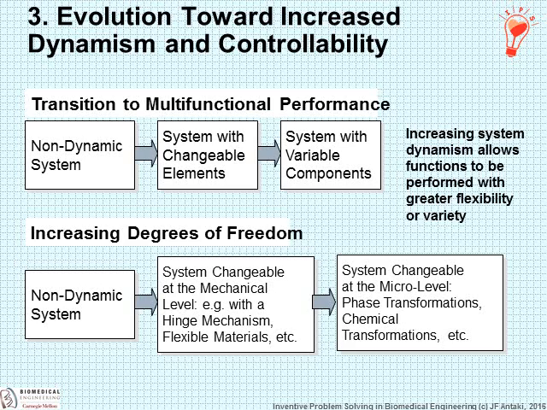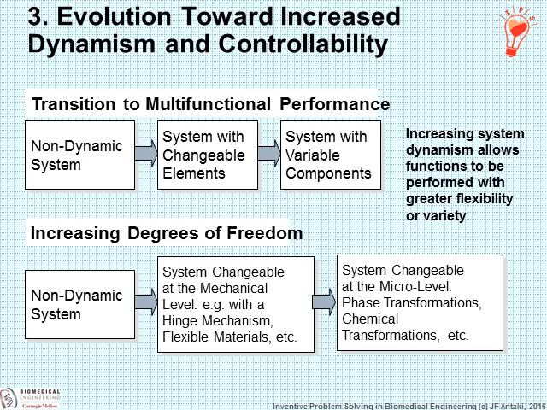There are two varieties. First is transition to a multifunctional performance. The second, increasing degrees of freedom. In both cases, we start with a prototype or a first generation technology that's static. And in the first case, we introduce changeable elements so as to add additional functions and capitalize on existing resources. So the system becomes variable, and it provides greater